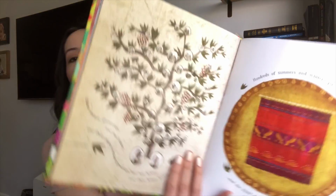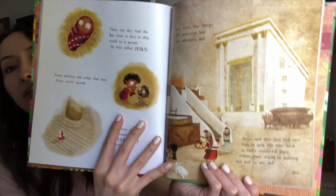And I like how they explain the story in a way that kids can best understand. They have even pictures like this. It seems like the temple. The crucifixion. So I think it introduces the topic, and of course you can explain things the way you think is the biblical interpretation if a topic comes up. With that